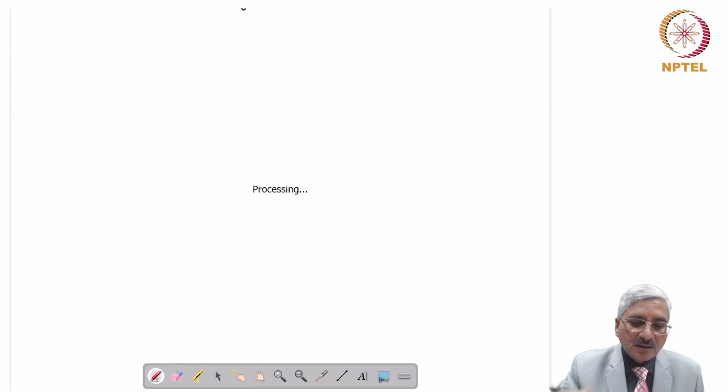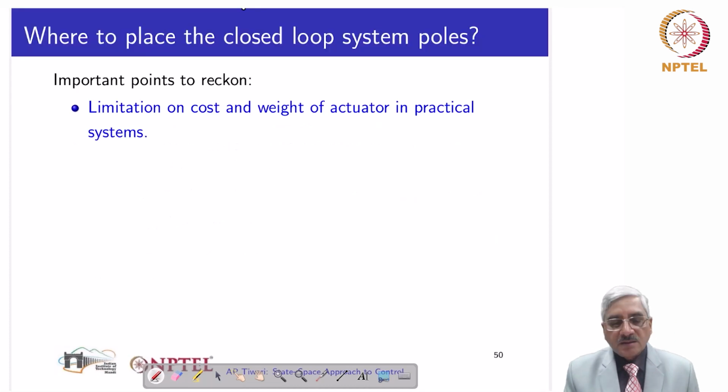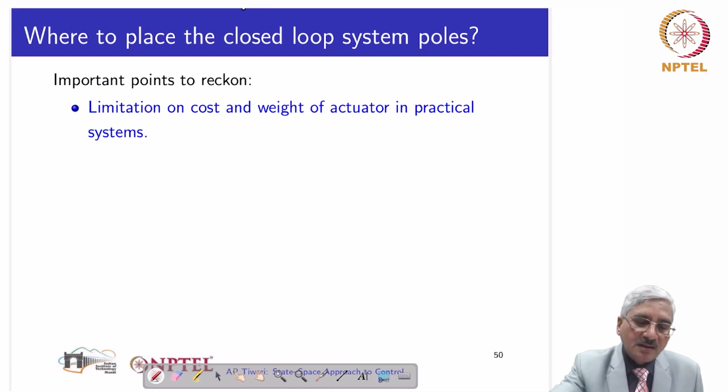We move further and try to address the question which surely many of you would have thought: how to choose the desired characteristic equation, or how to choose the desired location of closed loop system poles. And before we actually come to the guidelines which have evolved, we see the governing points, the points which we should reckon. And the first point is that